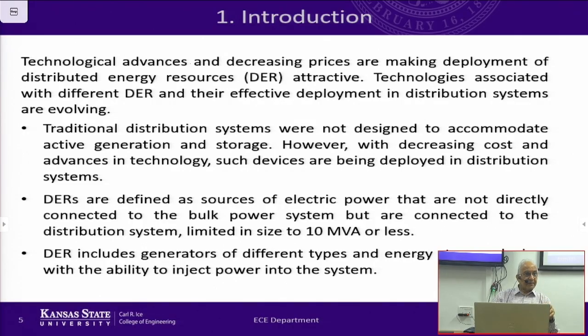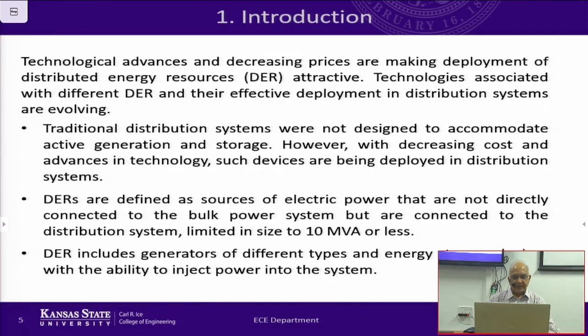You have a transmission network, but these are connected at the lower voltage level, which is the distribution level, and they are typically less than 10 MVA. They're small in size. Anything bigger than that is not really a distributed resource. So 10 MVA is typically the defined cutoff for a distributed resource. So this is the IEEE